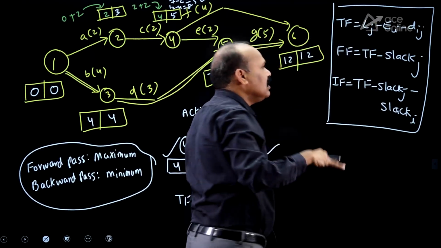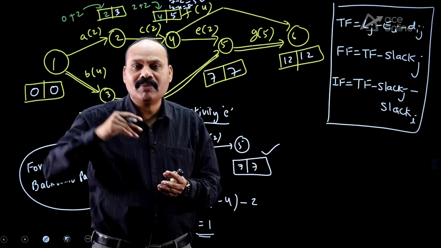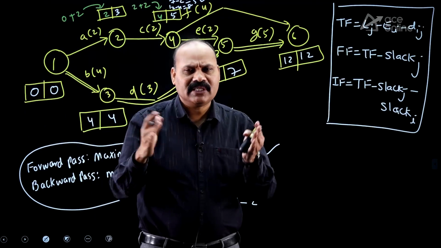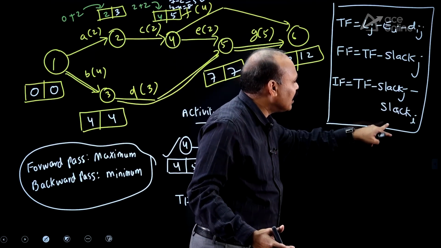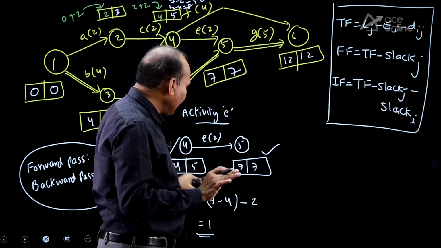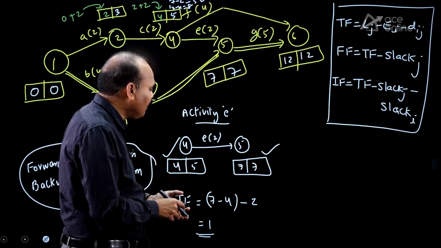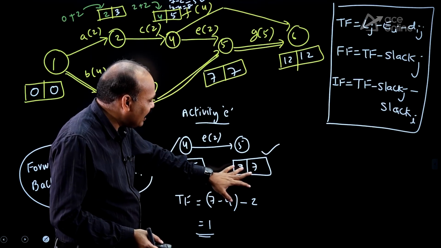So, try to remember these three things. My suggestion: total float you remember, free float means next, slack at j, independent float means independent, next should not be disturbed, preceding should not be disturbed. So, total float minus slack at j minus slack at I. Okay, these are the things you remember. Right now, our question is only total float. If the question is free float, what will happen? Free float is equal to total float minus slack at head event.